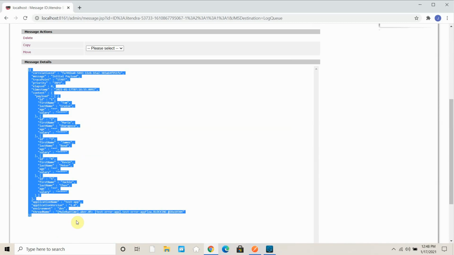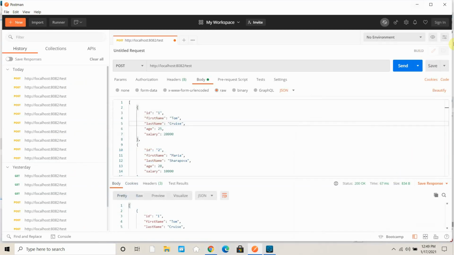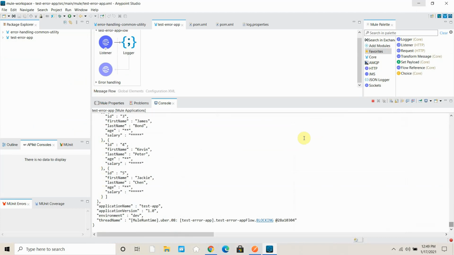So now in that case, what will happen? Some organizations may want to store a message into a data lake, S3 storage, or any other kind of storage, on disk or anywhere. In that case, we can publish the message to a queue using the JSON logger, and some consumer can read the message and publish it somewhere else. So this is how you can make use of your JSON logger for sending the message to any destination, and we can even send the logs to Splunk also.